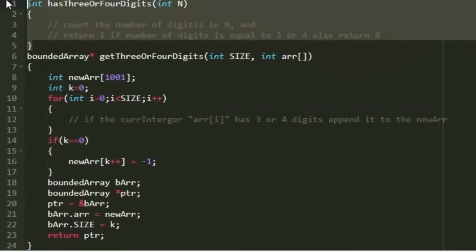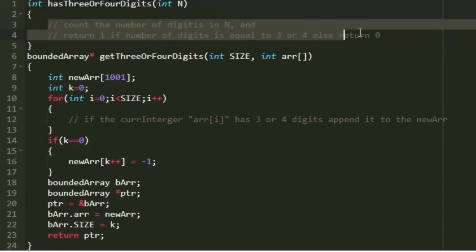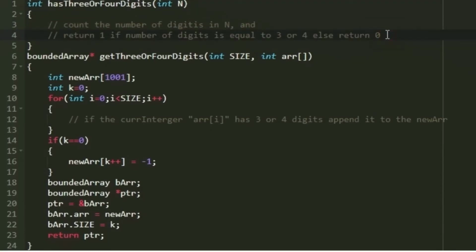First I am creating another function named has3Or4Digits. This function accepts an integer in its arguments and it returns 1 if the integer has 3 or 4 digits, else it returns 0. To implement the logic for that, first we have to create a counter variable and set it to 0. Then we create a while loop that iterates until n becomes equal to 0.